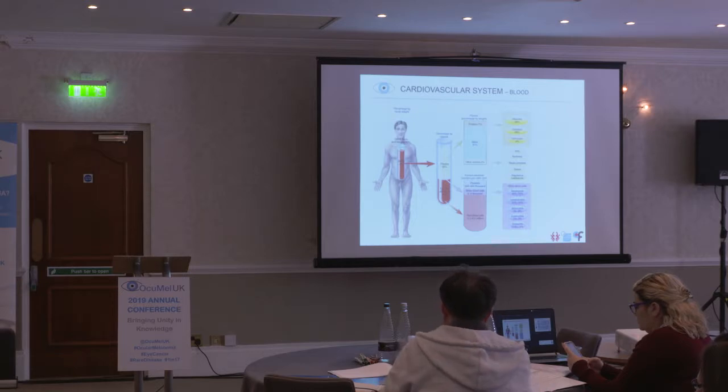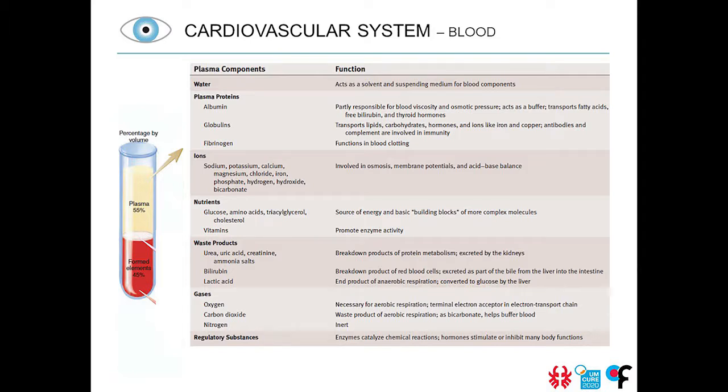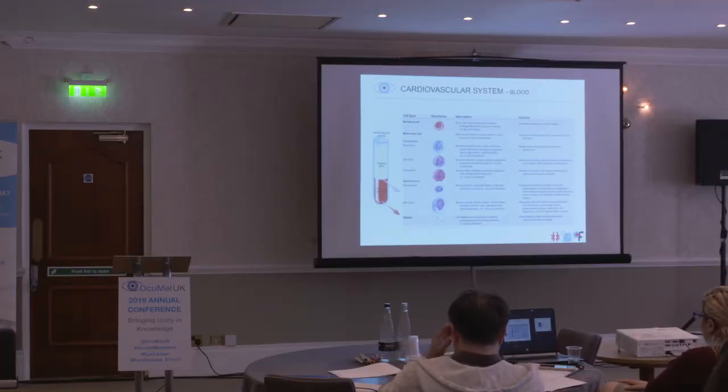And these cells are essentially, we will see in the next slide which cells they are. But in the plasma we have these components that I think you will have access to the slides, so you can later look into in further detail what is the main function of each one of these. But essentially they have proteins and elements that are essential to the regulation of the body and every cell that is irrigated by the bloodstream. And then the cells. And the cells group in three main groups.